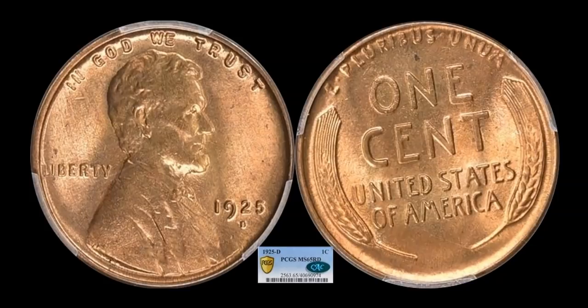There's so few examples that exist out there today that look anything better than this. And again, that's all because of the period in which these were produced. The Great Depression age, a lot of these coins were also not held on to when they were released into circulation. They just weren't. They were all being spent, and they were well loved and well circulated. By the time the mid-30s came around, a lot of the 1920s Lincolns looked pretty bad. All right, they're about as bad as what it would look like today. As a matter of fact, that's how much of a workhorse this particular decade of Lincolns was in that moment